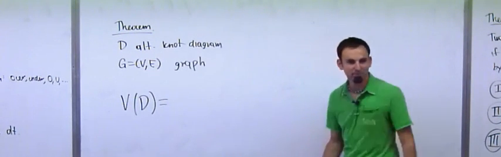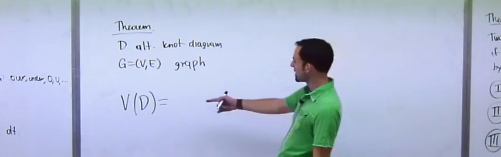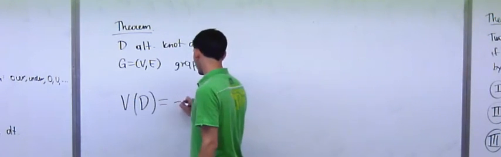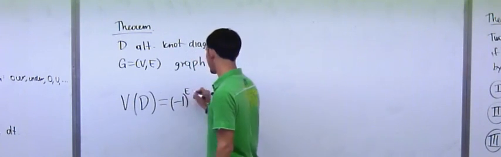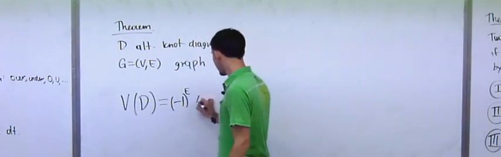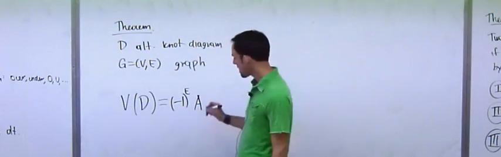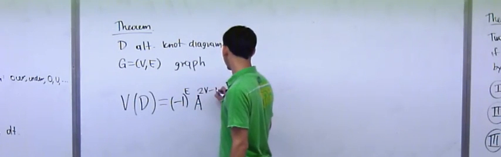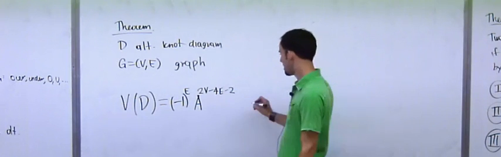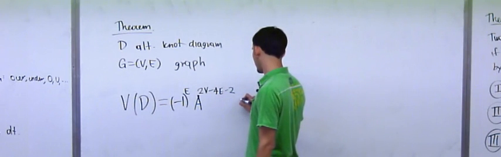This is amazing. But that's what it is. So now, this is what you do. You have to do, as you know, there's always some garbage associated to this in front of it. So -1 to the number of edges. I'll tell you what A is in a second. 2v minus 4e minus 2. Then you